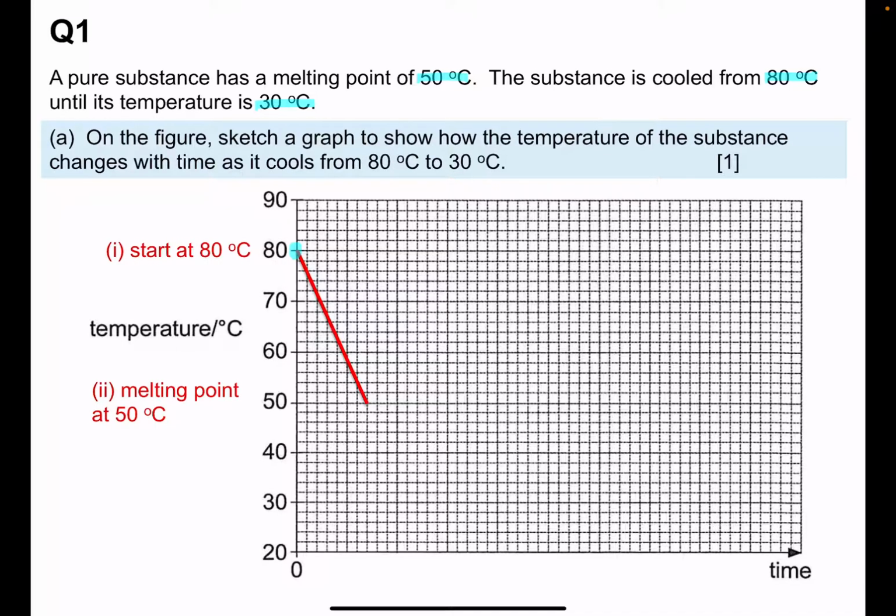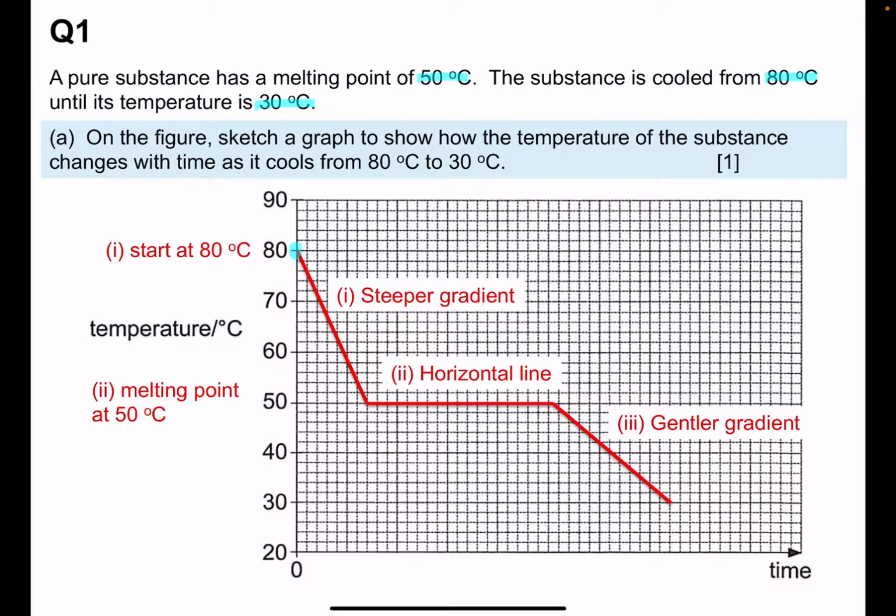Then as it cools, it will reach the melting point or the freezing point of 50 degrees Celsius. And after that, it will continue to cool and become a solid, and then at 30 degrees it's going to maintain its temperature. Alright, so a few things to take note here. Number one, there will be a change of state at 50 degrees and a maintaining of the temperature at 30